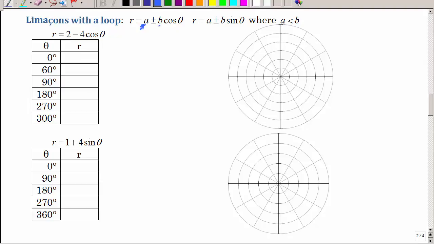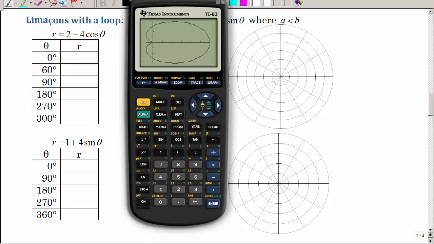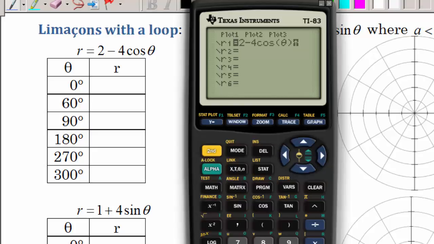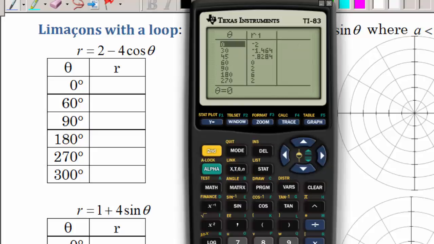The first number is going to be smaller than the second number, but all that symmetry is still going to come into play. Right, so I'm going to pop open my calculator. I'm going to clear that. I'm going to type in 2 minus 4 cosine theta,